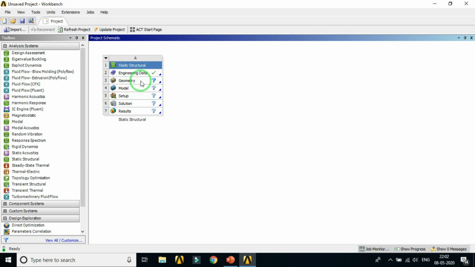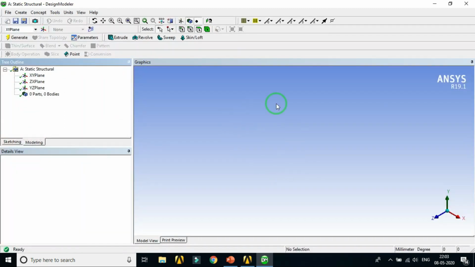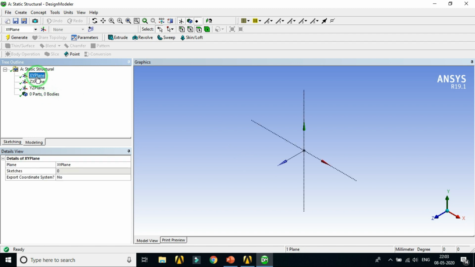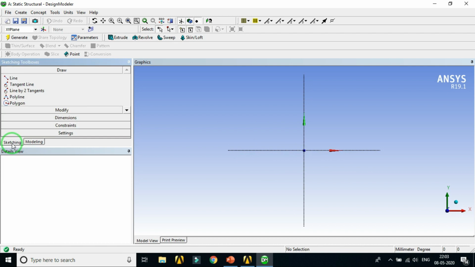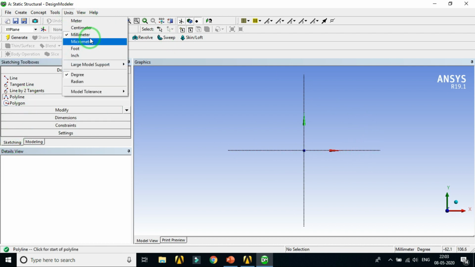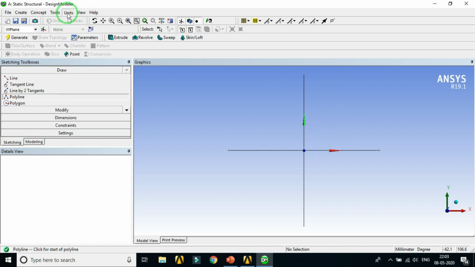Then we have to create a geometry here. So open DesignModeler. This is our DesignModeler window. Here we have to create a sketch first of all, then we are going to revolve it. So click on this XY plane and Look At, then click on the Sketching mode. Here select Polyline, and first set the units to millimeter, then start with the sketch.